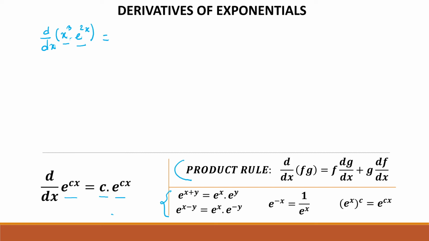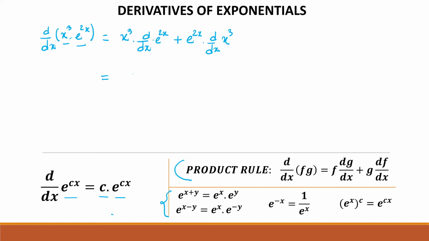So according to the product rule, we can say x cubed times the derivative of the second term e to the power 2x, plus the second term times the derivative of the first term,